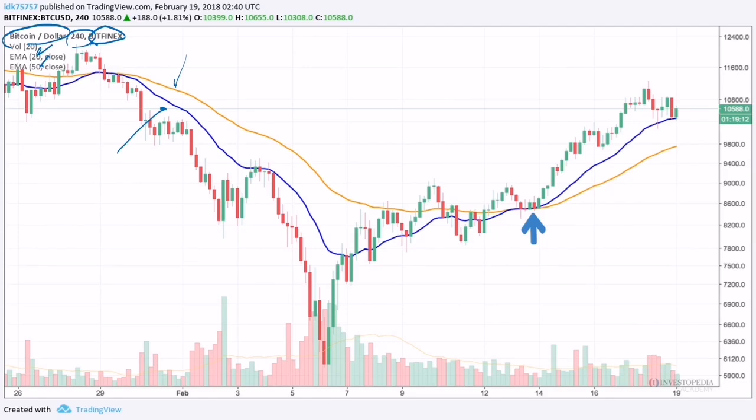Now the key levels here are when the 20-day moving average crosses below or above the 50-day. So you've got a cross right here where the trend shifts, and this signifies a time that you should be selling whatever crypto asset you're looking at. And in fact, once this moving average crossed, you saw a 40% or almost 50% pullback in Bitcoin till the